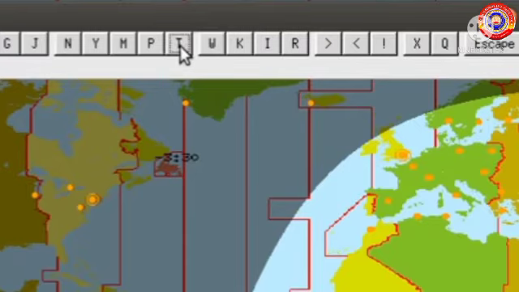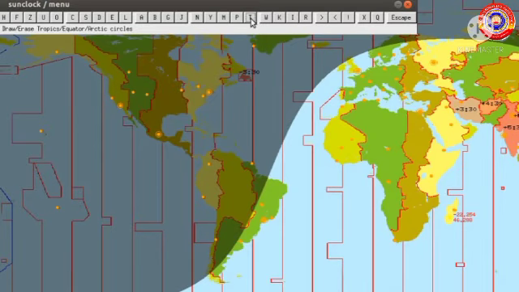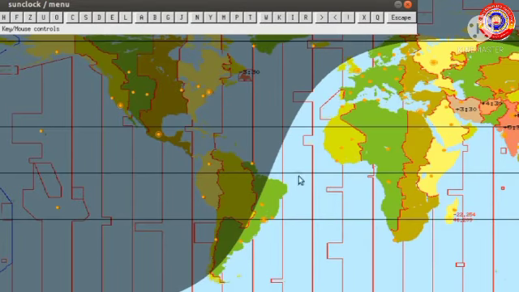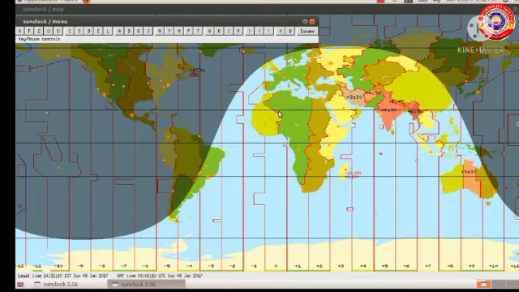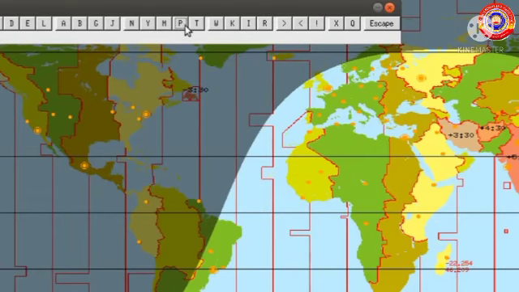Do you know which are the main latitudes? Yes, equator, Tropic of Cancer, Tropic of Capricorn, Arctic Circle and Antarctic Circle. We can see these main latitudes when we click on this T button. Can you see these lines? See, this is the equator, then this is Tropic of Cancer. This line is Tropic of Capricorn. Now, at the top we can see Arctic Circle and at the bottom we can see the Antarctic Circle. Clear? T will display only the main latitudes.